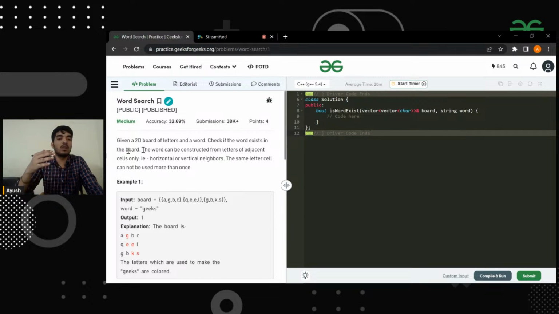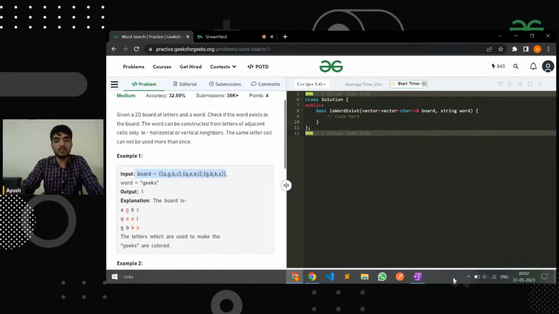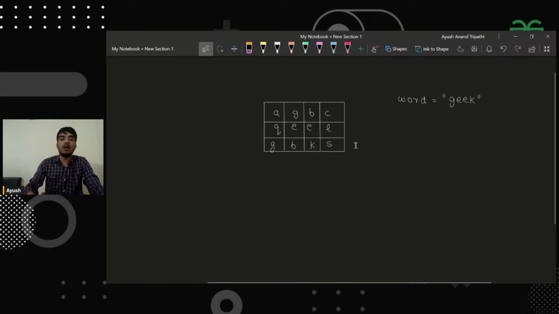And the word can be constructed from the adjacent cells, that is horizontal and vertical neighbors of the cell. So let's take this example. Here the size of the board is 3 cross 4, that is we have 3 rows and 4 columns. So let's just move to the board, and the word is geek, and our task is to check whether this word geek is present in this board or not, and here it is present, this one,